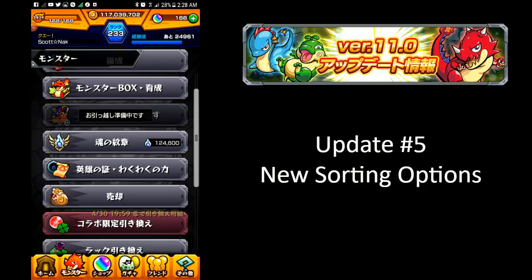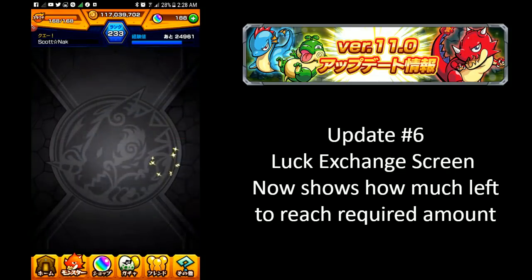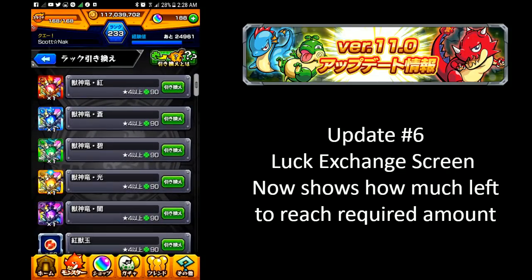Let's see what's next. Dun dun. Luck exchange screen. Okay, so this might actually be helpful for those of you who are finishing up the Star Wars collab. A video of my results of that should be coming up tomorrow. But